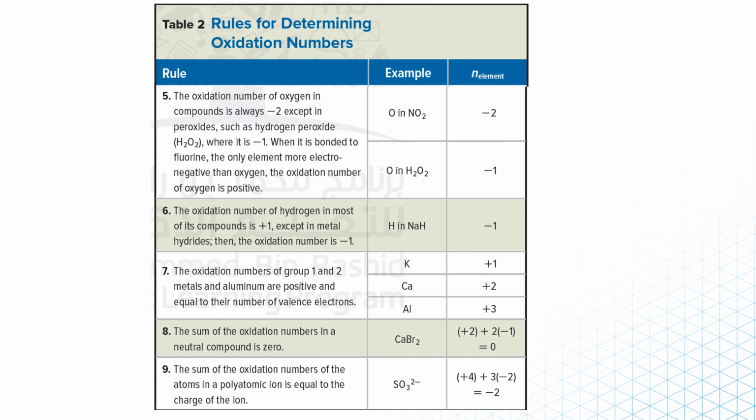Now, rule number 5. The oxidation number of oxygen is always minus 2. يعني إذا شفنا الأكسجين موجود في أي مركب oxidation number على طول minus 2. هذه قاعدة. إلا في المركب H2O2. إذا شفنا المركب H2O2 الأكسيديشن نمبر حق الأكسجين بيكون minus 1. غير هذا المركب minus 2. أوكي؟ And لو كان في ذرة عندها electronegativity أعلى من الأكسجين then the oxidation number of oxygen will be positive. There's no need to worry about this rule. Just remember these two. Okay?